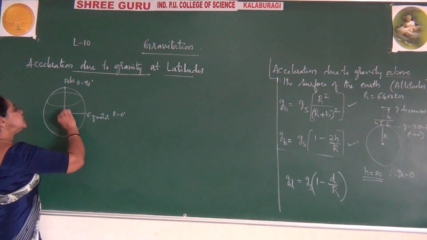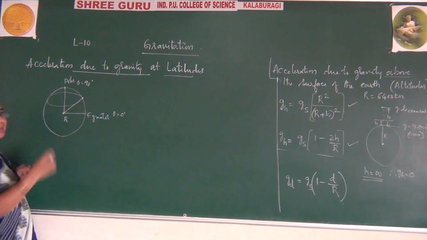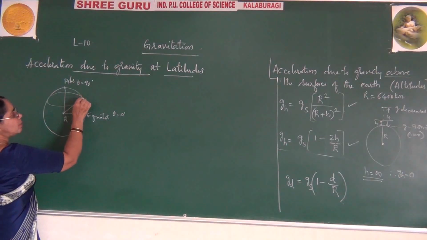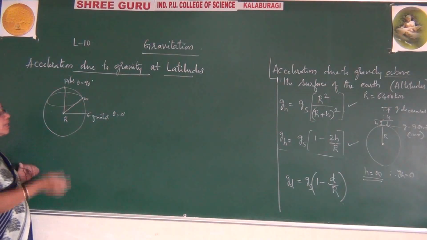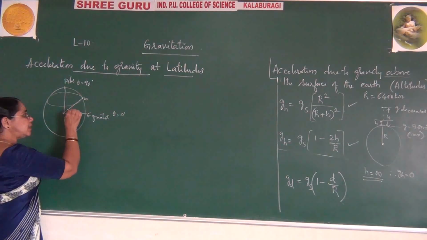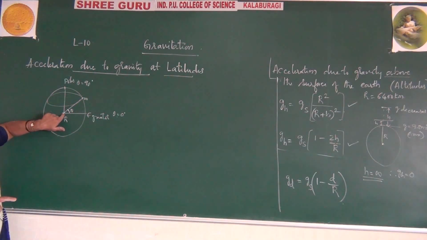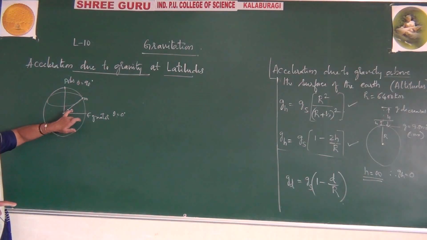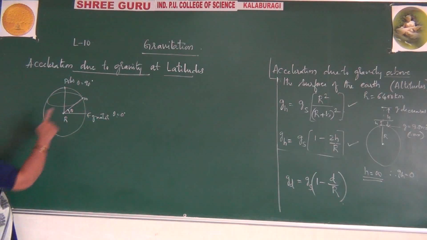But remember, if an object is at this point, the Earth is rotating on its own axis. That means here will be the mass, and the object is rotating around this, and therefore let me write here, it makes an angle theta. It is the angle made from the point to the center of the Earth along the equatorial plane. It is called latitude. So this makes an angle theta. So it will be rotating around like this.